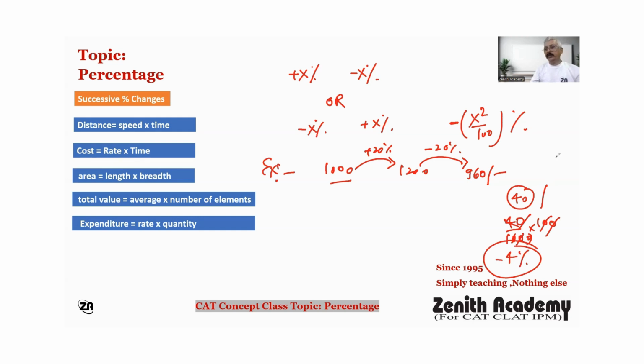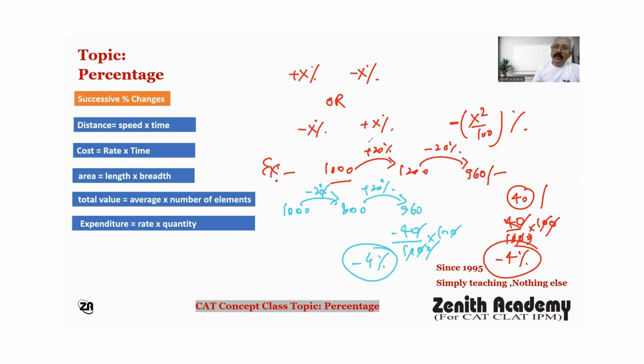Or if I say first decrease, then it becomes 800, and then 20% increase, 160, 960. Again, the difference is 40 rupees, right? So 40 rupees less with respect to 1000, with respect to 100, it is 4% less. So in both cases, whether first increase then decrease, or first decrease then increase, if magnitude is same